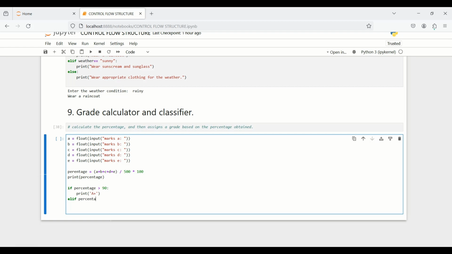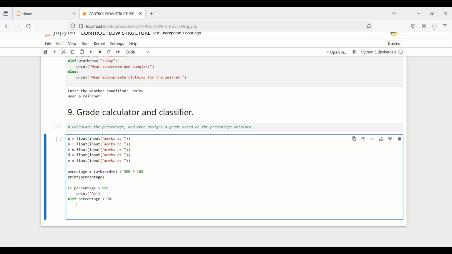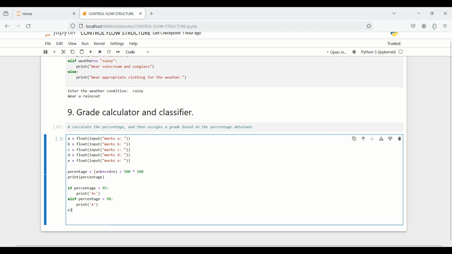Okay guys, so elif percentage is greater than 90, so what we want to print, A, and here you can write 95. Okay, 95 is good for A plus, and then again elif block,